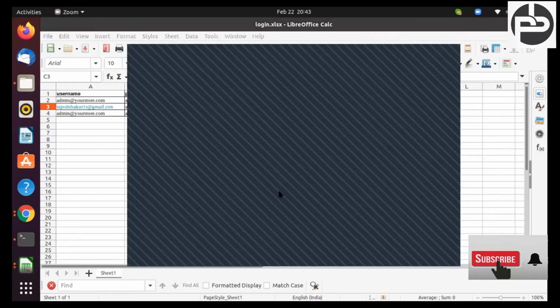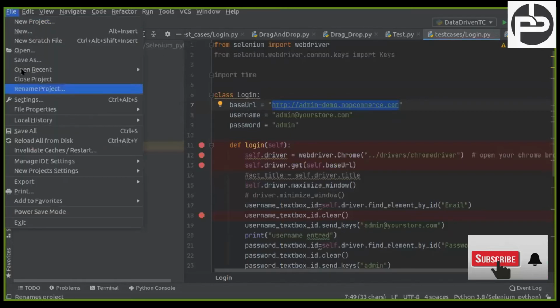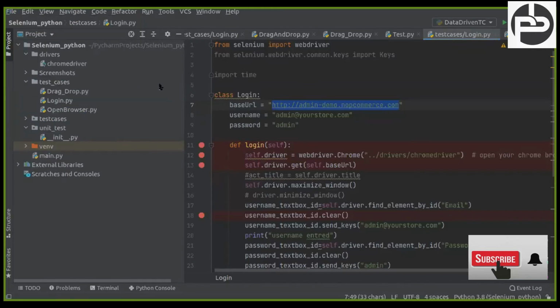For that, we need to install openpyxl. Everyone go to your PyCharm, and go to the Settings option. Inside Settings, go to Project Interpreter and add a package. Search for openpyxl and install this package.